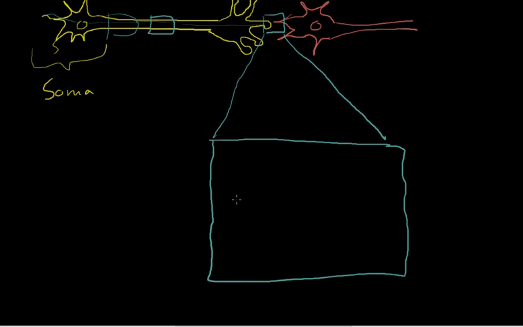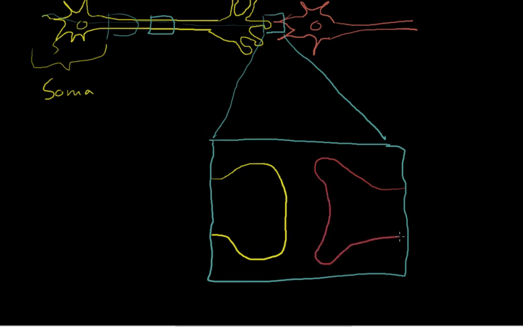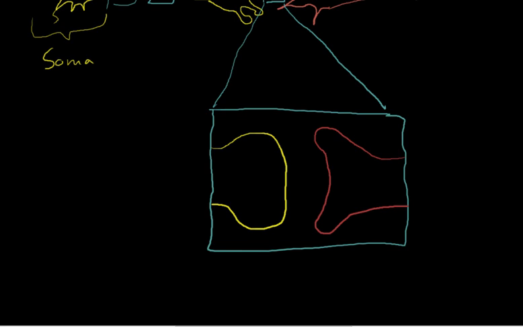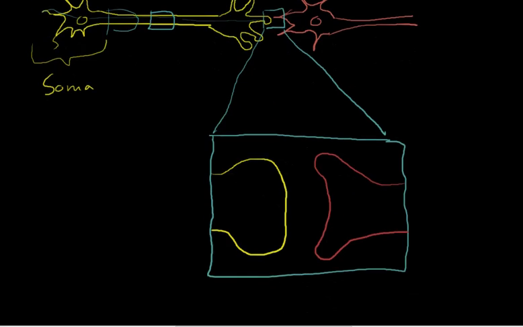And the end of this terminal, or the terminal button of the first neuron, I'm going to draw like this. I have no idea if they actually look like this, but this is the way that I see it drawn. And then the dendrite of the next neuron is sort of drawn like an innie to the other's outie. Okay? And so what happens here is that the terminal button of this neuron has little chemicals stored inside of